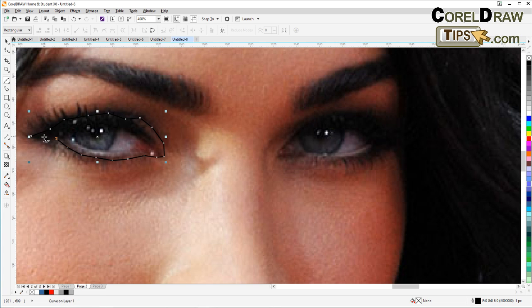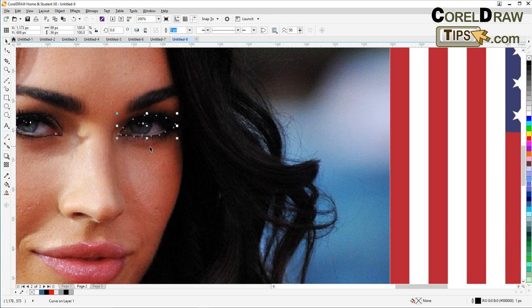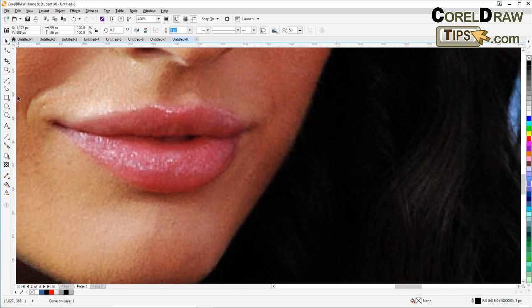Because if you're gonna paint the flag here, obviously you're not gonna paint the eyes, right? So I'm just going to do this quickly, because this is only for demonstration. But if this is my final work, I'm really gonna do it precisely. Okay, so the lips here,